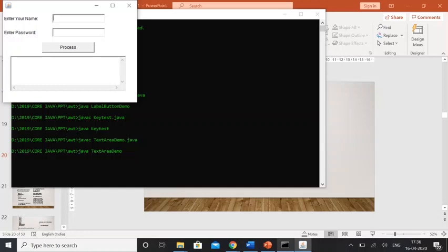And which event are we performing over here? It is the clicking on the button. Okay, so ActionListener, ActionEvent, actionPerformed. Once you enter the data like this, I have entered the data and click on process. So I'll get this output in the text area. Before that there was nothing, but on clicking process I'll get whatever name I have entered here. As I have entered Bina Kapadia, I'll get the name as Bina Kapadia, and the password I'll get Bina123. This is what I have used, setEchoChar.